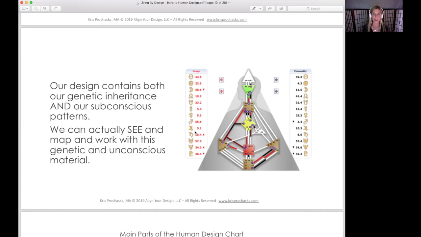And there are so many times where I look at certain fears that I keep bumping up against, certain ways that I see the world that I bump up against. And when I see it in my design, I go, oh, there it is. That's that thing I keep bumping up against. Got it. And now, instead of judging myself, instead of spending a ton of time trying to fix it, instead of trying to clear it, which is impossible, I can work with it now. I can bring it to my conscious awareness and work with it.